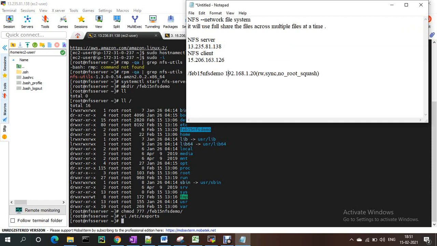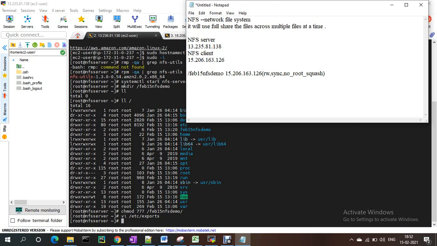And this is the client IP. Here rw means read and write permissions on the client servers. Here sync means we are doing syncing. no_root_squash means whatever we do as root, the same root will be available. If not mentioned, by default nobody-root squashing will be applied.